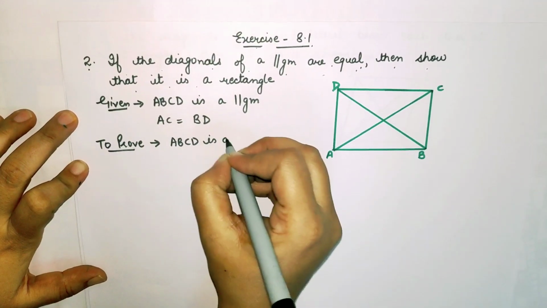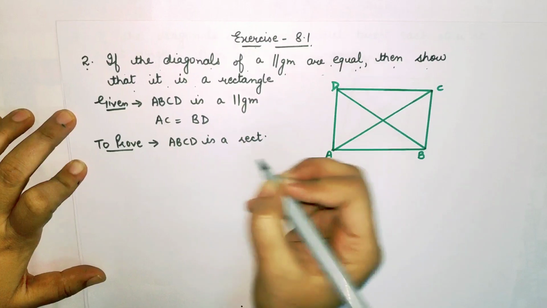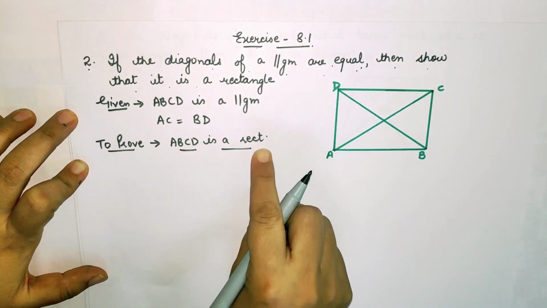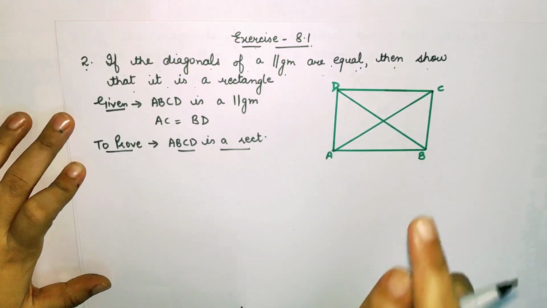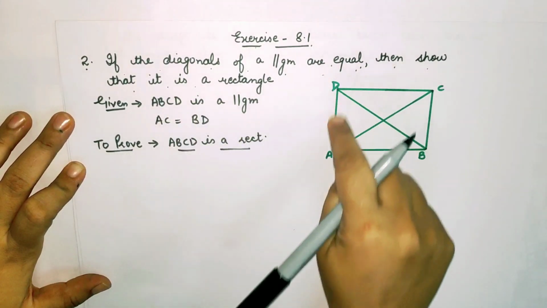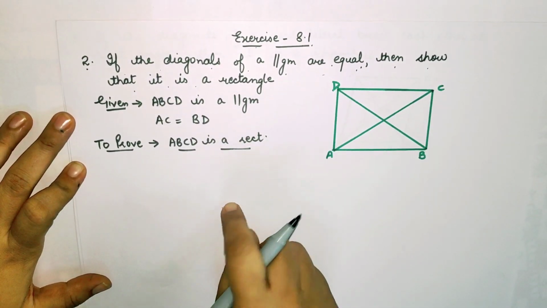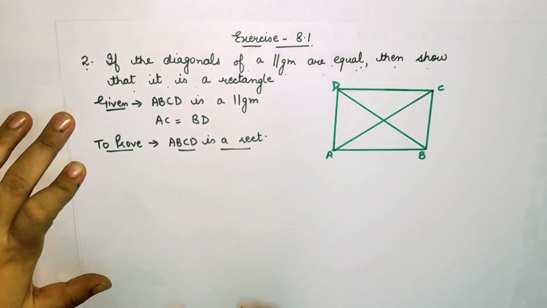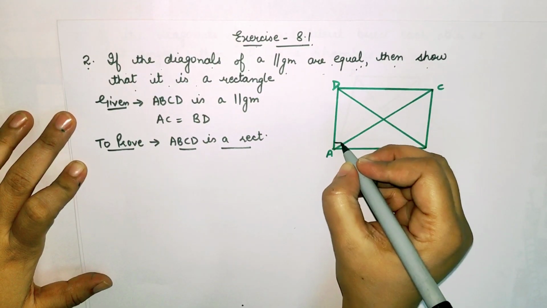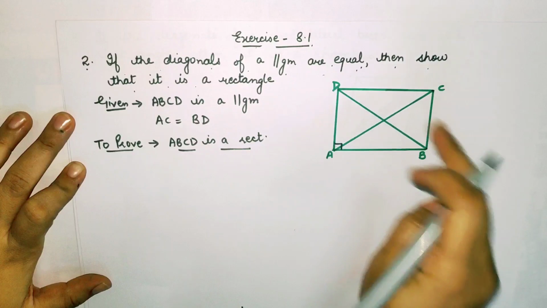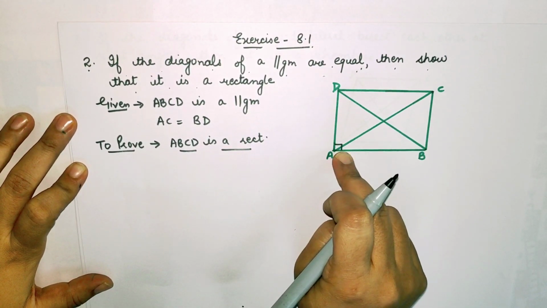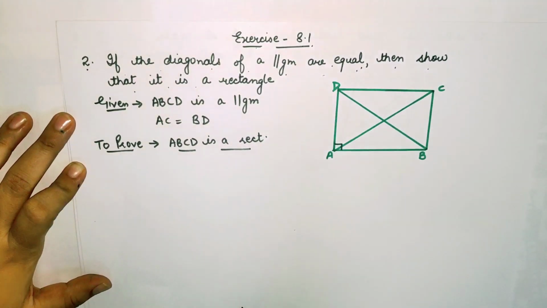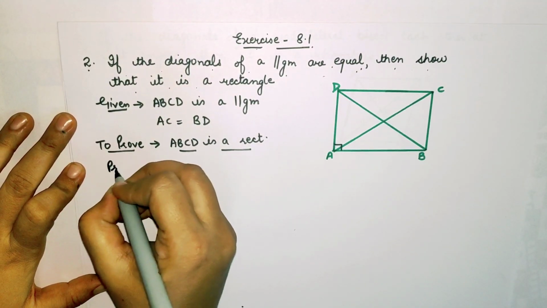बेटा मैंने आपको बताया था कि रेक्टेंगल प्रूव करने के लिए हमें दो कंडीशंस प्रूव करनी पड़ती हैं. एक तो क्या प्रूव करना पड़ता है कि ABCD क्या है? पैरेललोग्राम है, विच इज ऑलरेडी गिवन. एंड द सेकंड कंडीशन इज that one angle of a parallelogram is 90 degree. If one angle of parallelogram is 90 degree, then it is a rectangle. Is it clear?